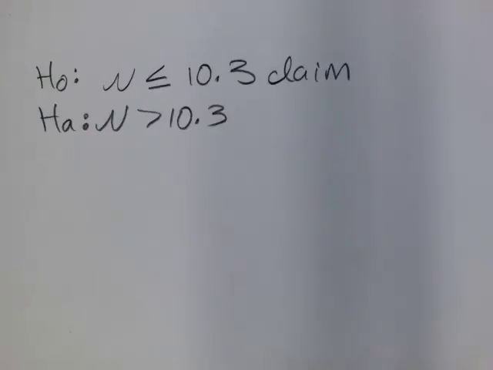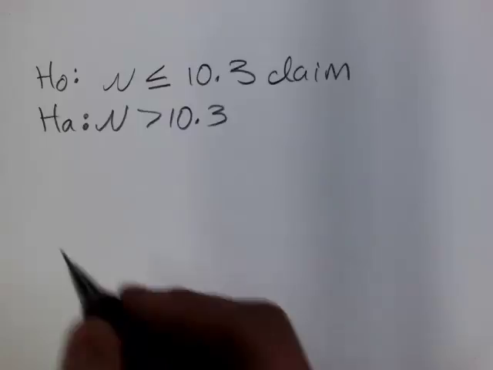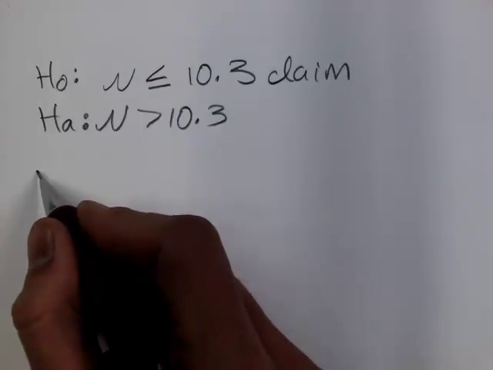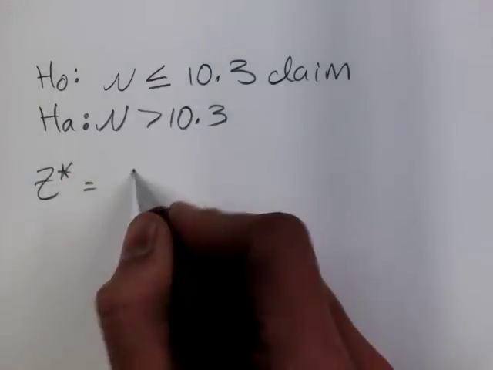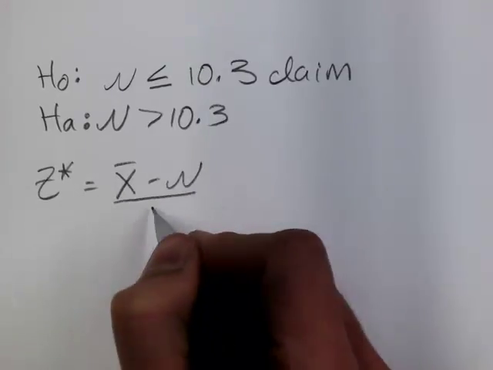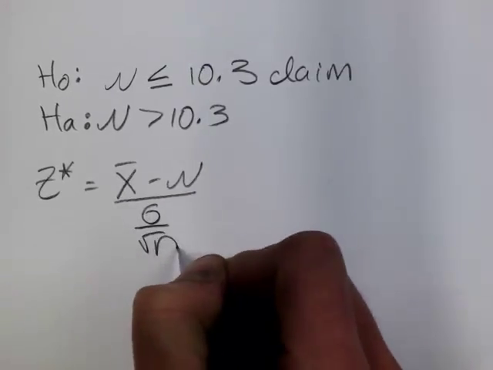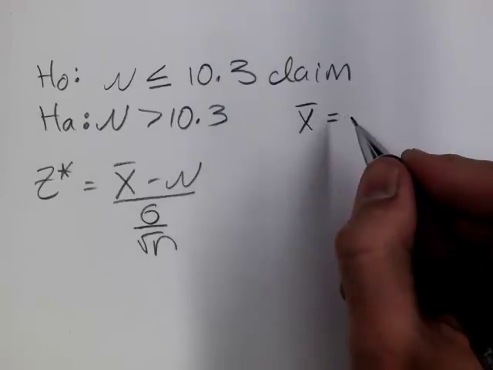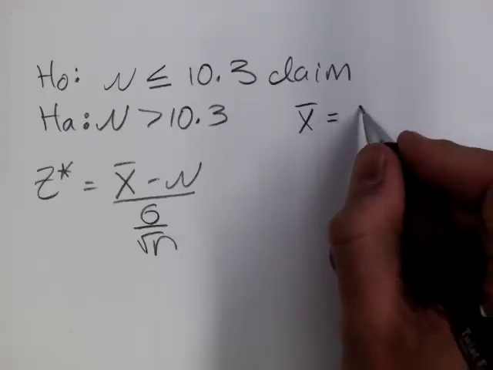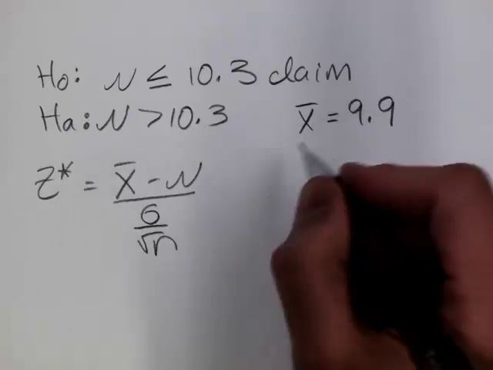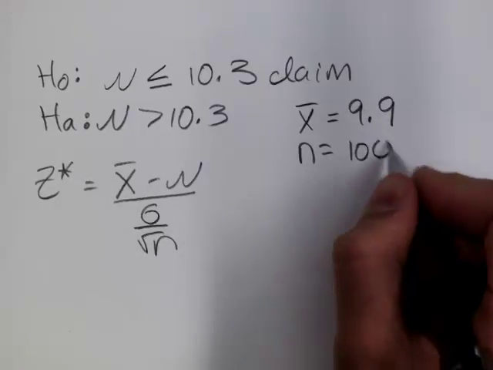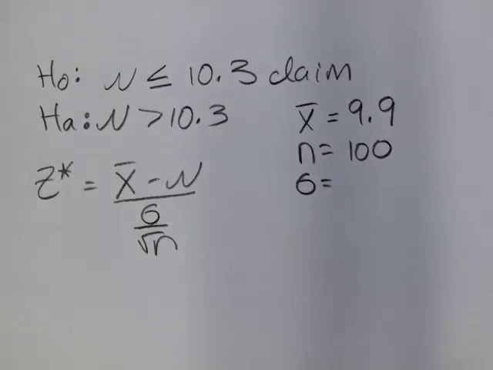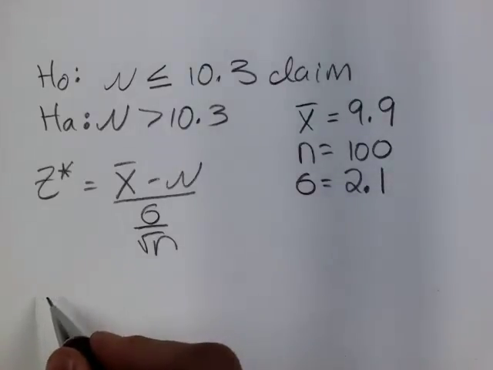Let's go ahead and find the standardized test statistic. The formula is x bar minus mu over sigma over the square root of n. In the problem, we're given that x bar is equal to 9.9. Our sample size was 100, and the standard deviation is assumed to be 2.1. So just plugging into this formula,